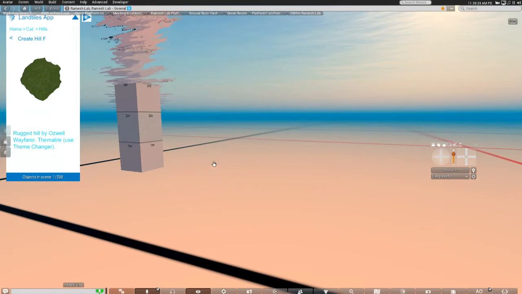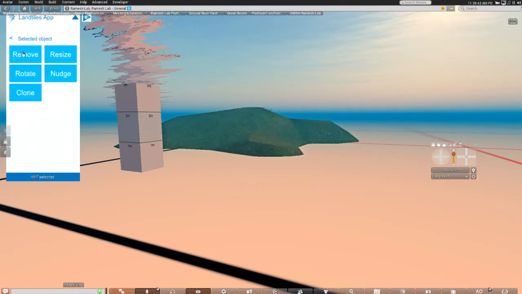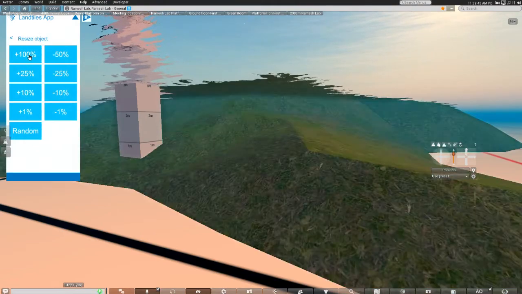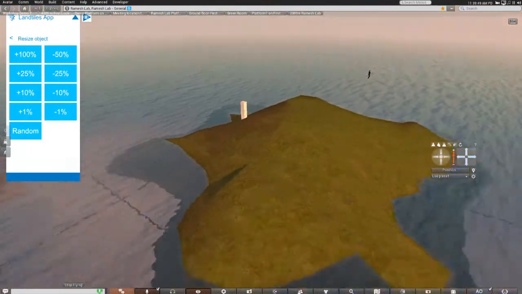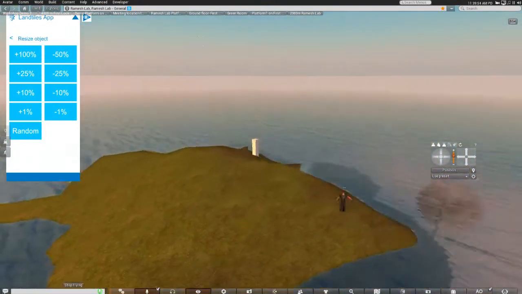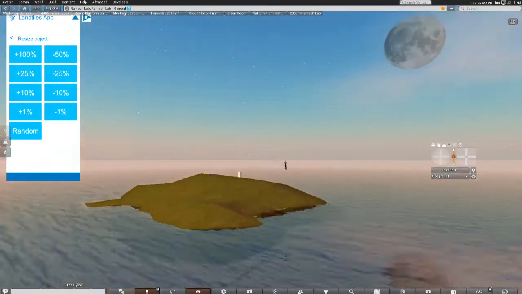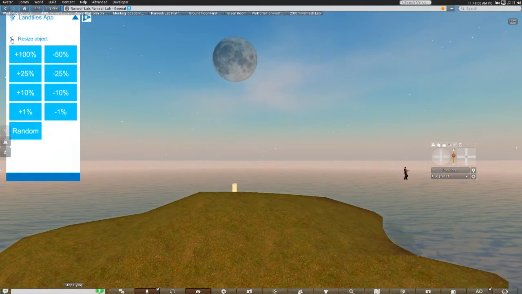And I'm just going to place it somewhere on this face. I'm going to select it, and I'm going to resize. Okay, and make sure that it's big enough so that it pops out above the water levels. Okay, so we have a piece of land. So we have the piece of land, and now I'm going to add,